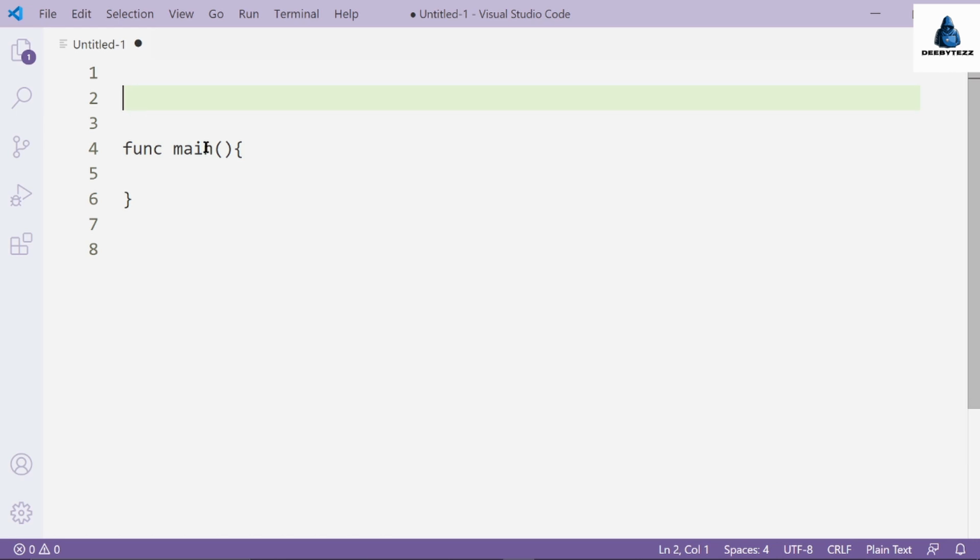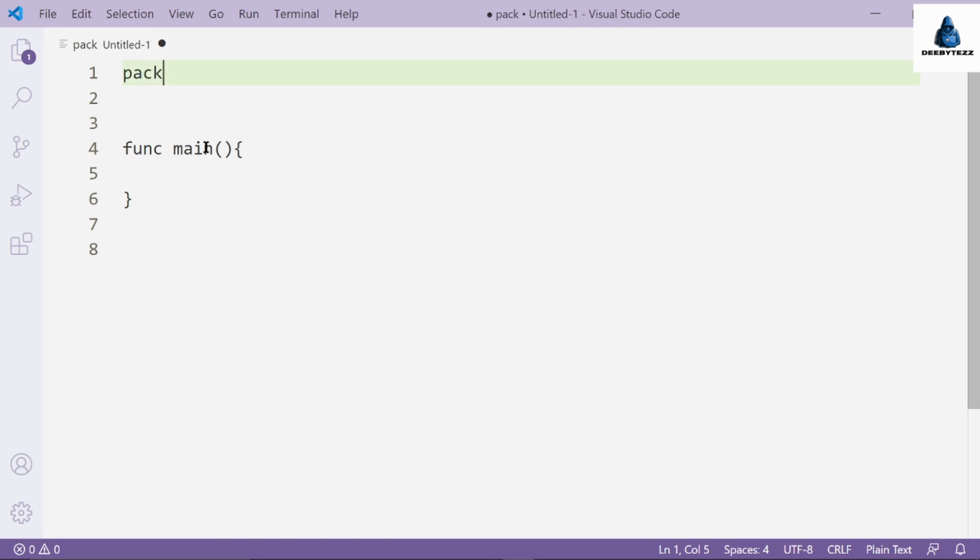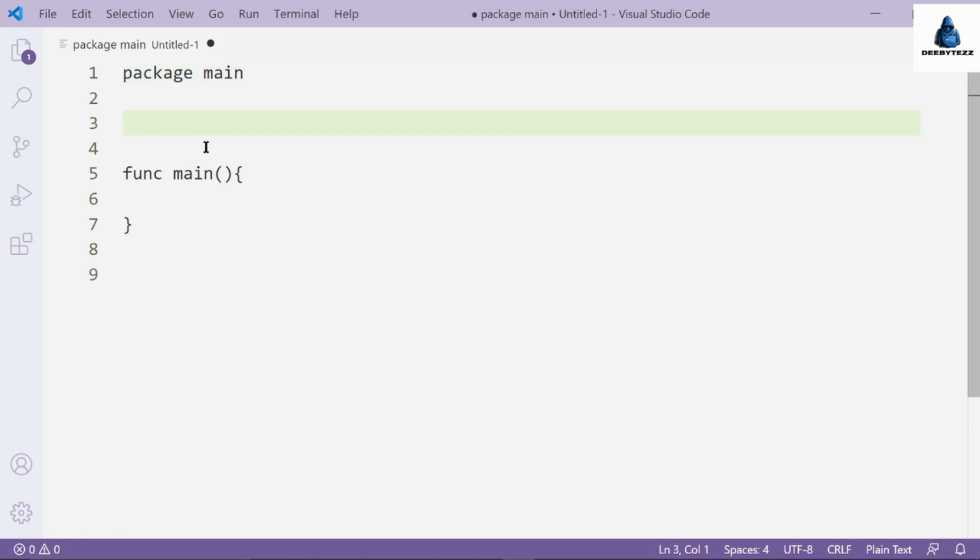We need to define a package so that you put everything in a package and even others can access your package. So we define package main. We need to import fmt, which is known as format. So basically fmt contains all your input and output operations in it, like print, scan, println, printf and so on.